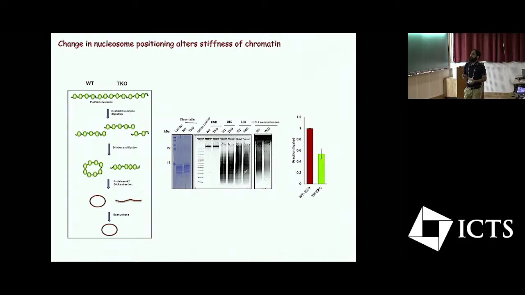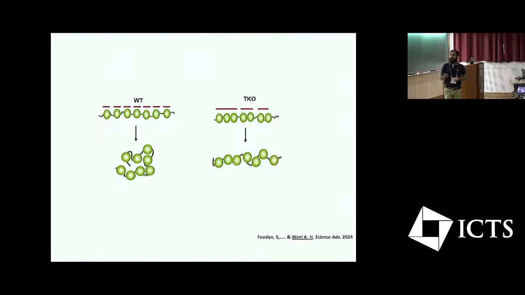This is chromatin purification, and what I would like to focus on is the DNA which we get in the two purifications after exonuclease treatment. We did it many, many times, and we see about a twofold difference in the amount of circular DNA which we get from the two cells, suggesting that the probability of end-to-end contact is more in the wild type chromatin as compared to the knockout strain. This is one of the explanations; there can possibly be other explanations as well.